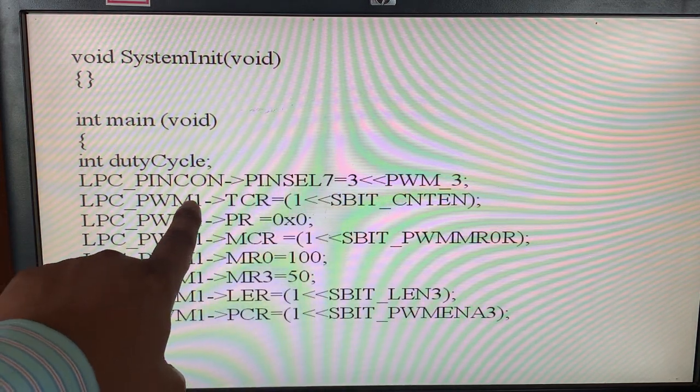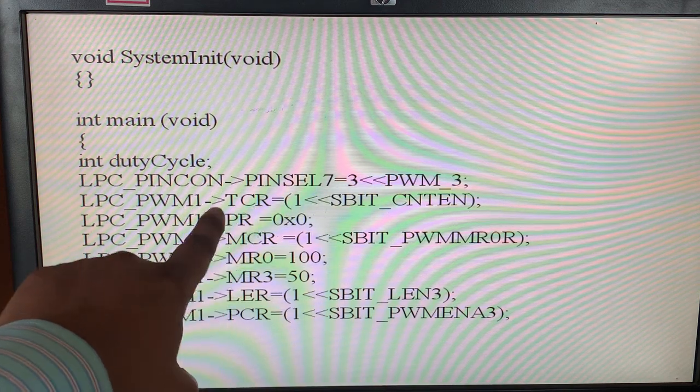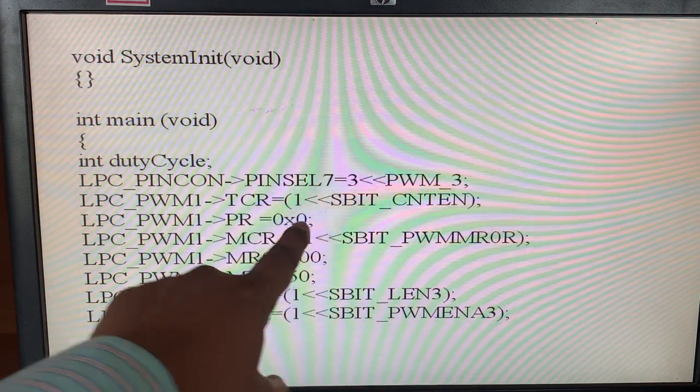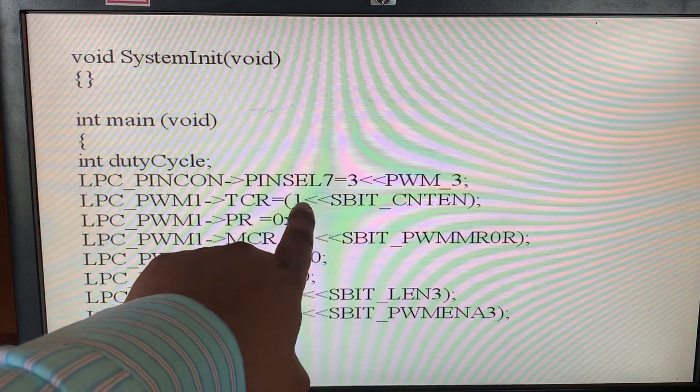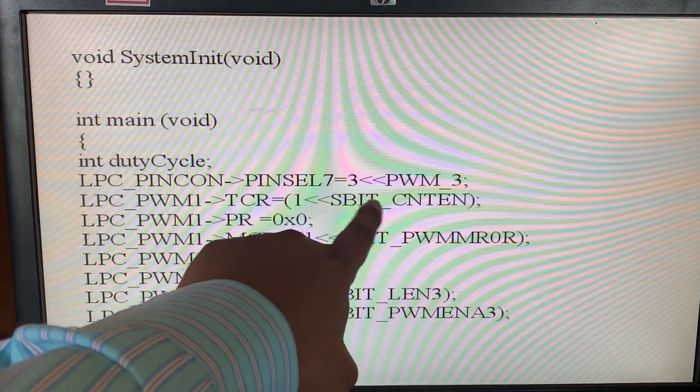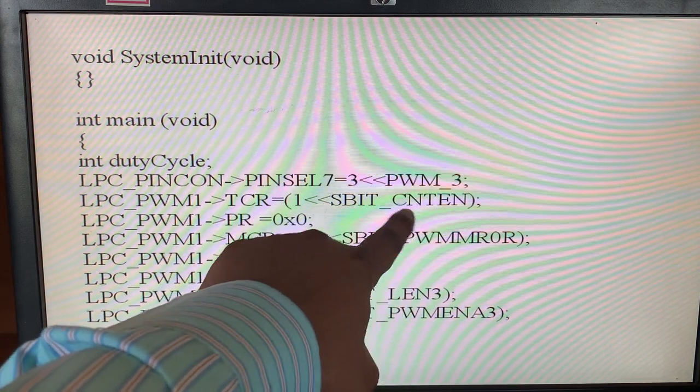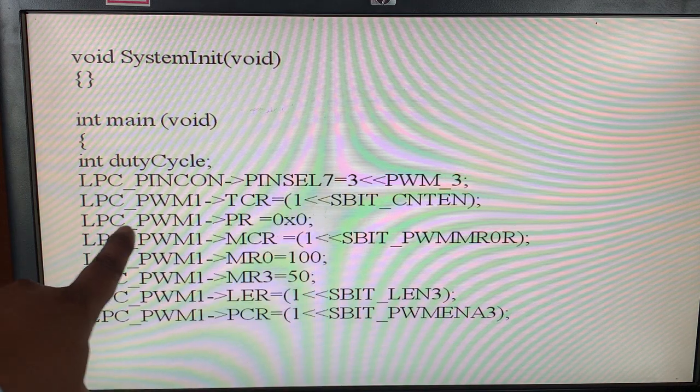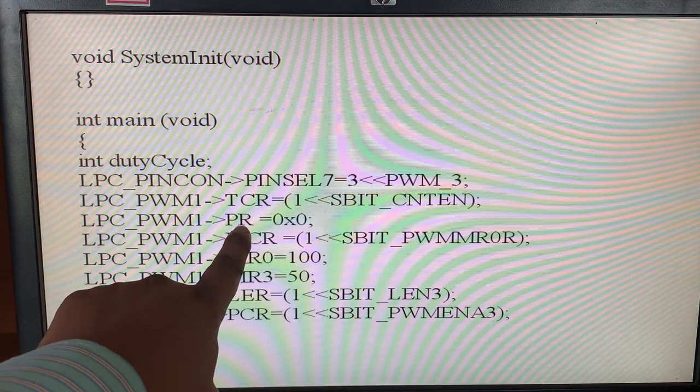LPC_PWM1 TCR, as I told, the timer counter register is to be enabled by using this particular bit, SBIT CNT enable, and LPC_PWM1 PR.